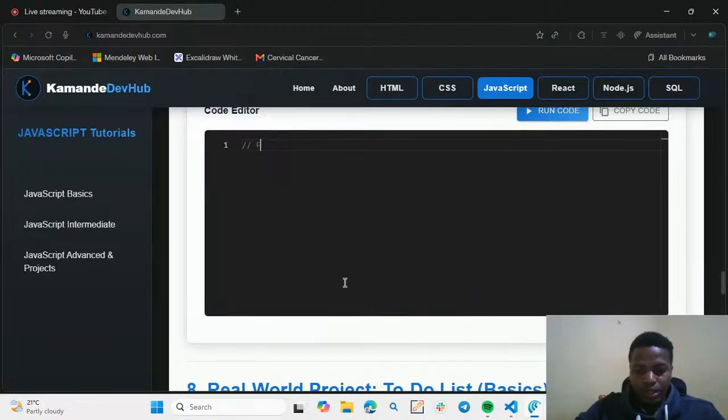And the way we define a function, there are different syntax or methods for defining a function, but we'll start with the default, which is you use the keyword function. It could be function multiply,